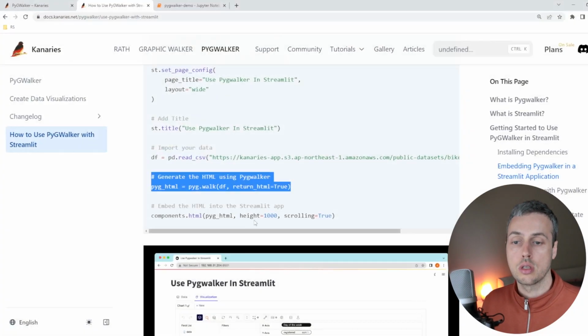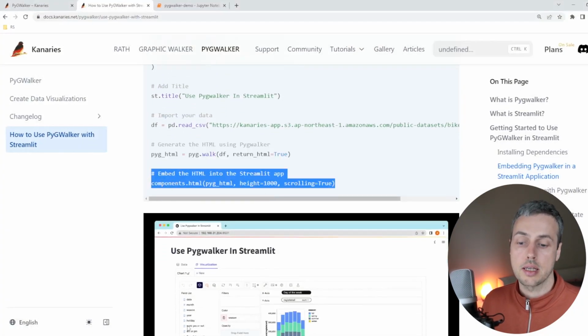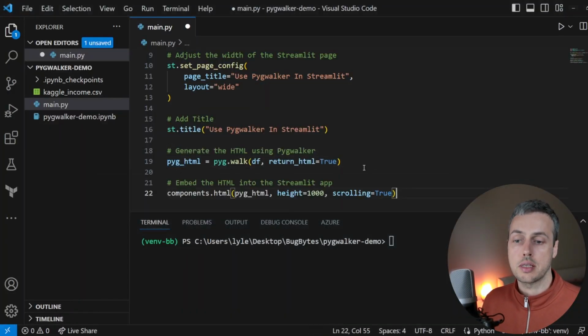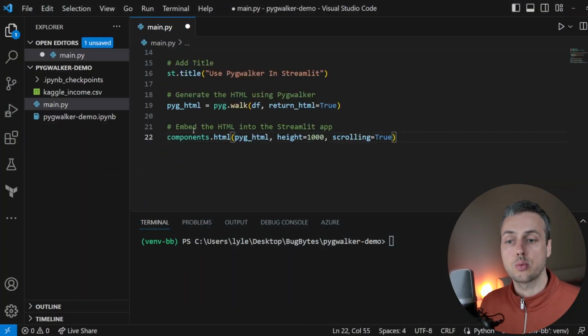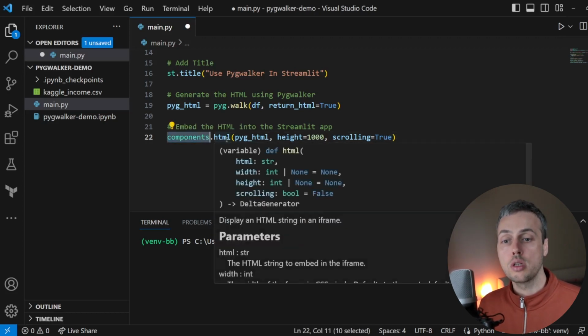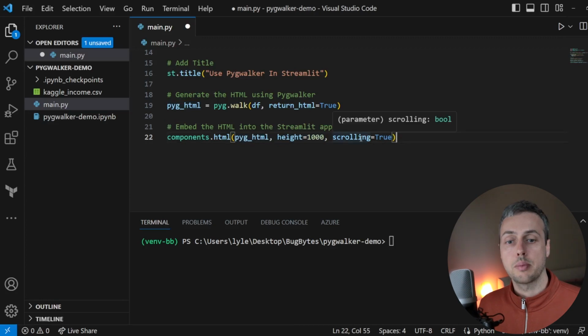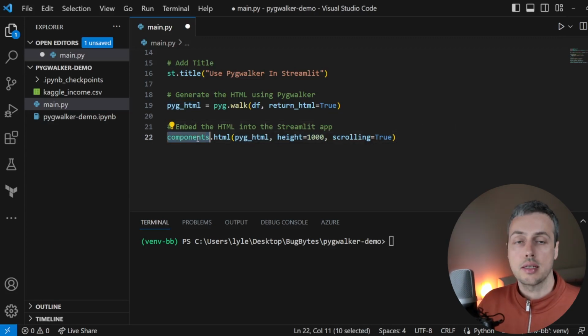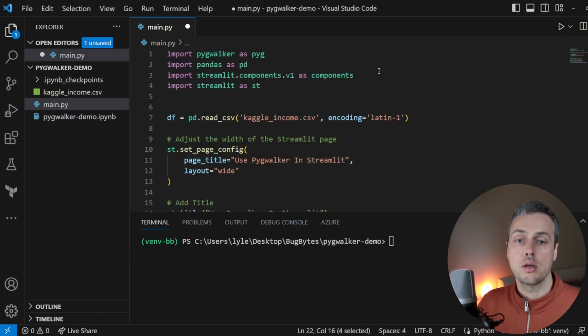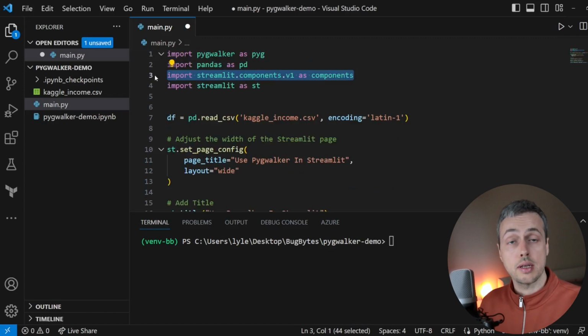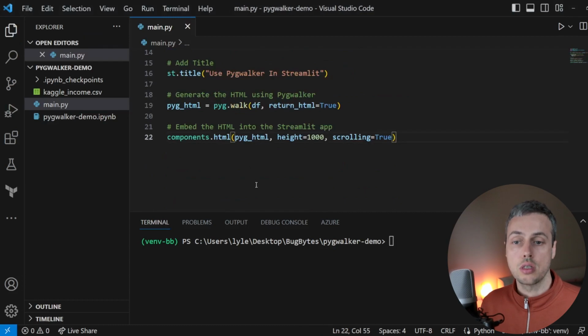Let's go back to the documentation one more time, and again we're going to copy this line of code, and we'll paste that just below this HTML. So what we're doing in this line of code is we're embedding the HTML into a Streamlit application. And we do that by calling the components.html function, and we pass the HTML into that along with a height and the parameter of scrolling set to true. Now what is this components that we're using here to call an HTML function? If we scroll to the top here, you can see this import where we're importing streamlit.components.v1 as components. And this module has this HTML function that we can use in order to embed external HTML